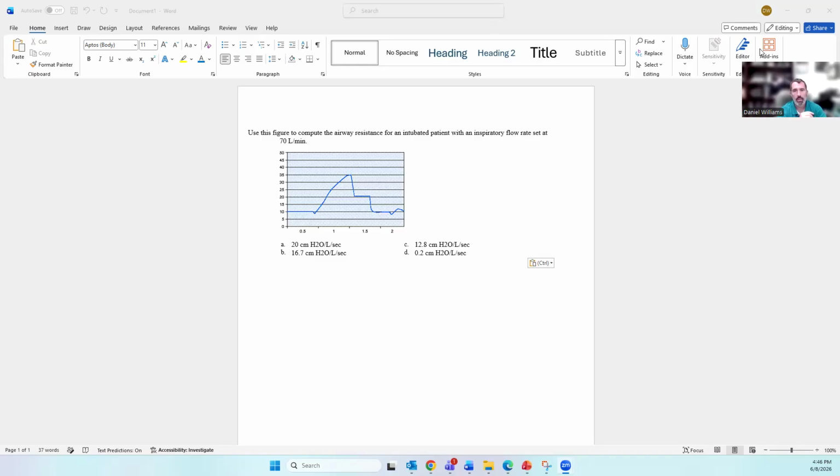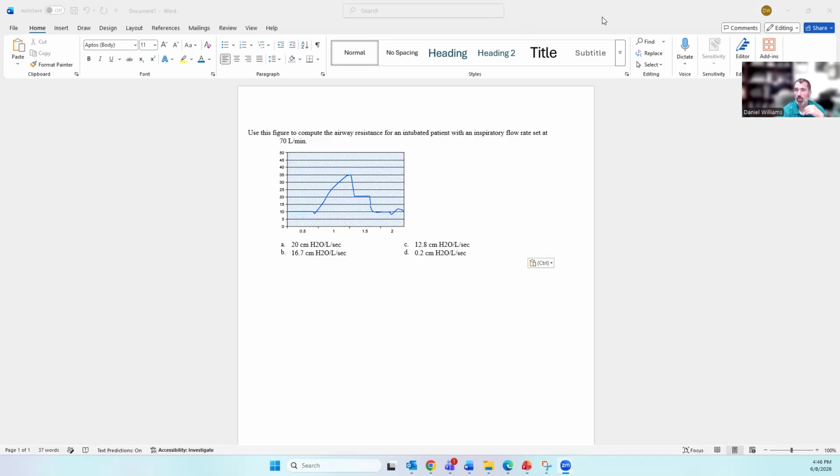Had a student ask me today about this particular question and wanted me to break down how to read this particular graphic. So we have started our introduction to mechanical ventilation. So we're getting abreast of all things mechanical ventilation. And while we need to have a basic understanding before diving into the graphics, a lot of what we've talked about